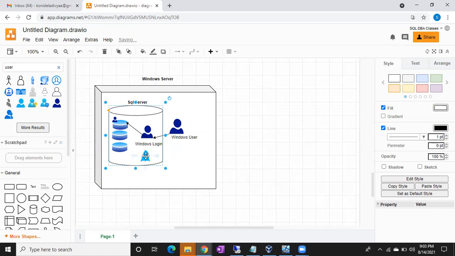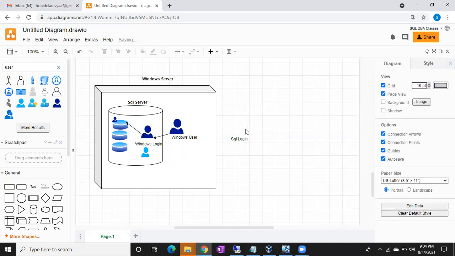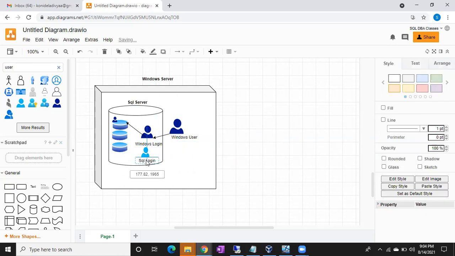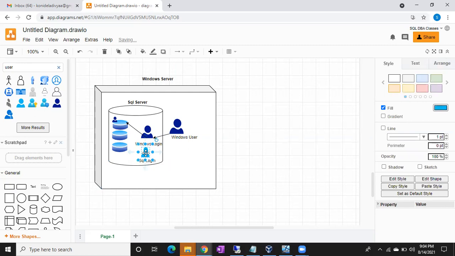This is my SQL login. In case you give access to the SQL login on this database, automatically a small user will be created.